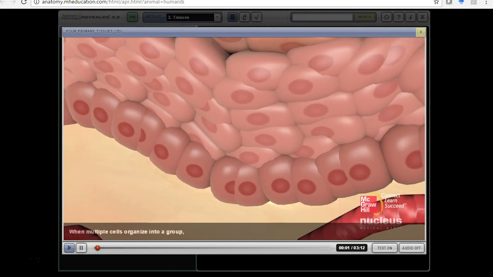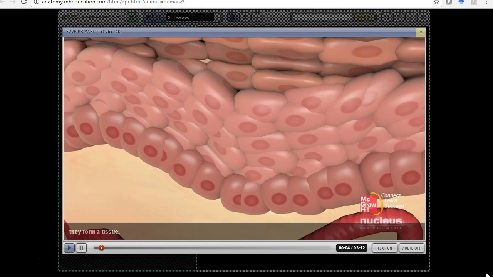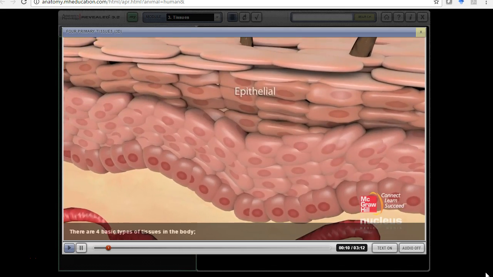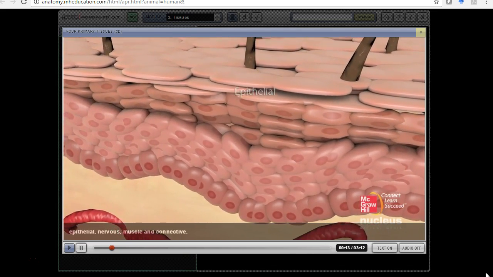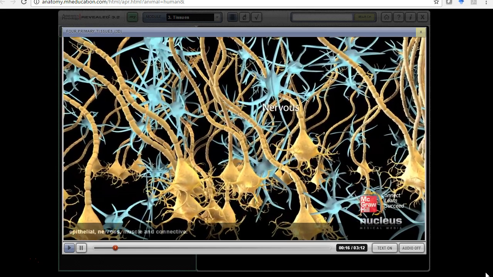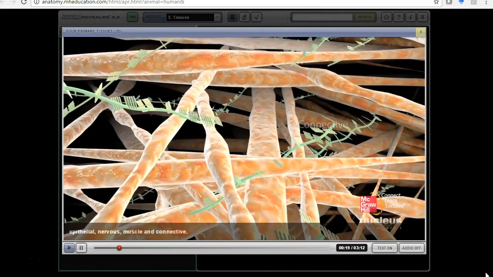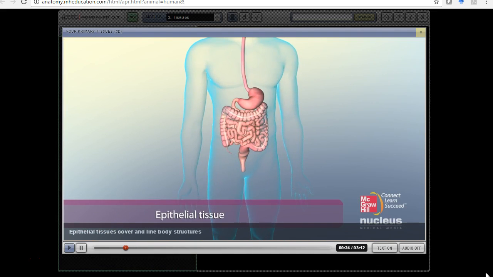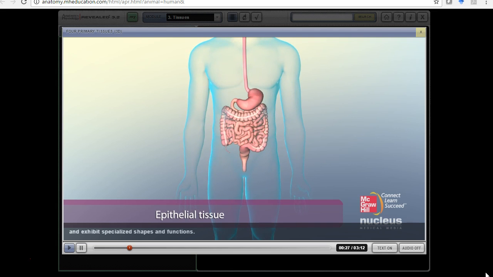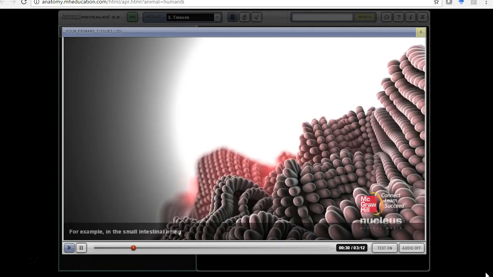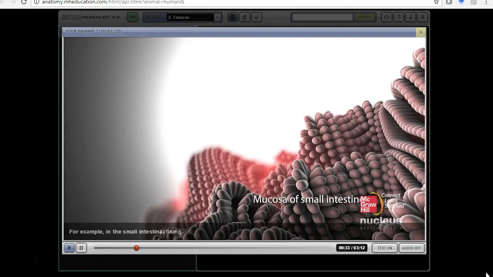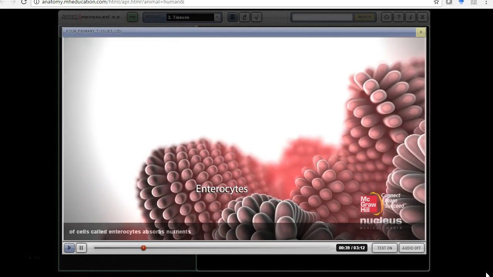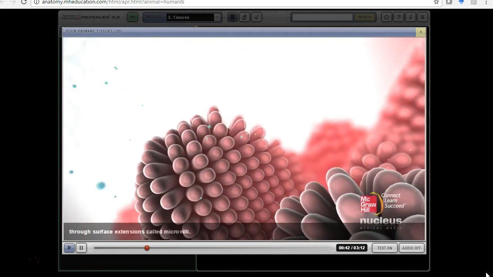When multiple cells organize into a group, they form a tissue. There are 4 basic types of tissues in the body: epithelial, nervous, muscle, and connective. Epithelial tissues cover and line body structures and exhibit specialized shapes and functions. For example, in the small intestinal lining or mucosa, a single layer of cells, called enterocytes, absorbs nutrients through surface